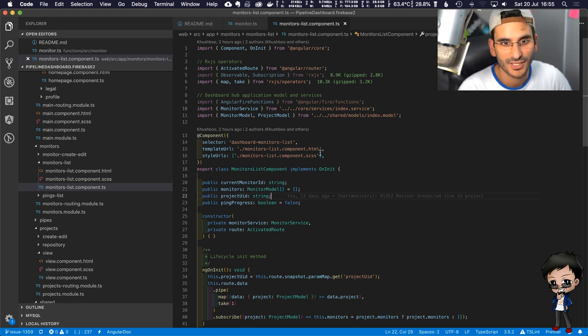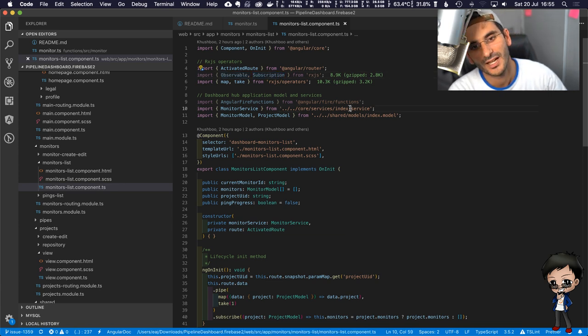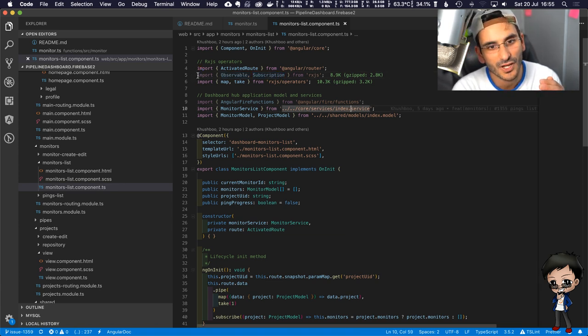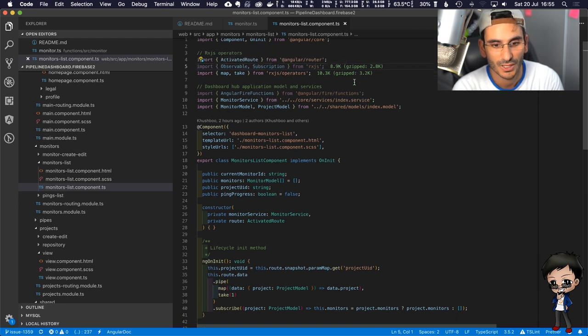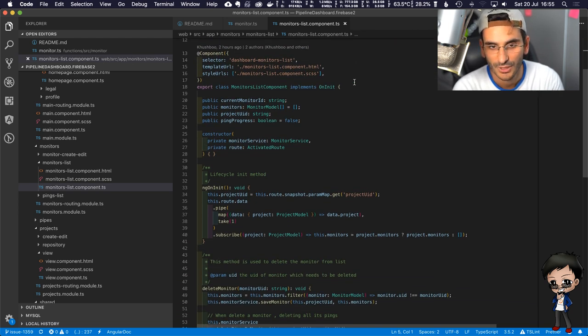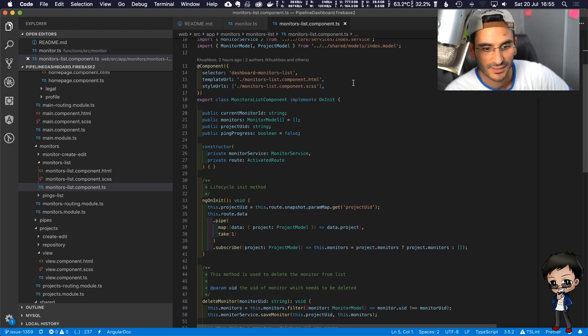Oh, one thing I've just noticed, this is why I love opening files in VS Code and not just in GitHub, because if you look, I don't know if you can see, these two are lighter. If you look at line 5 and line 9, it shows these imports aren't used. So at the moment I have an 8.9K, okay, gzip is 2.8, but it's not actually used anywhere. So yeah, we need to reduce that size.